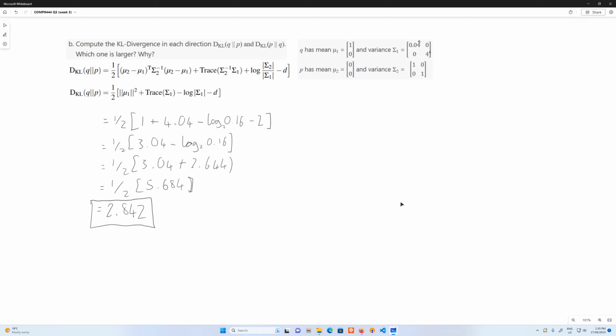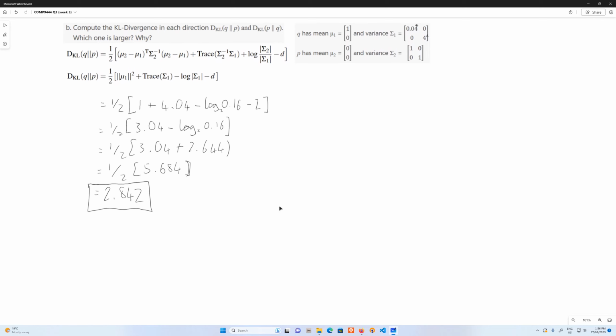So that's going to represent the distance between Q and P. So effectively what we're doing is we're using P as a reference distribution to describe the events in Q. So if these distributions were exactly the same, we would expect this number to be 0 because there'd be no difference. But obviously we can see that at least approximating the Q distribution with the P distribution, there is some difference. But whether that's good or bad,